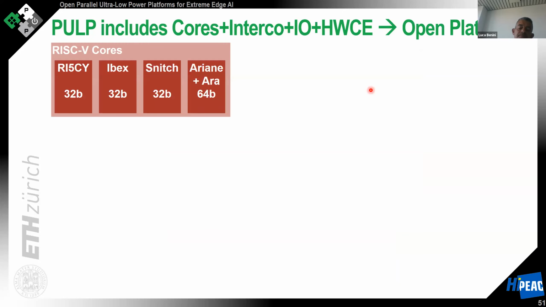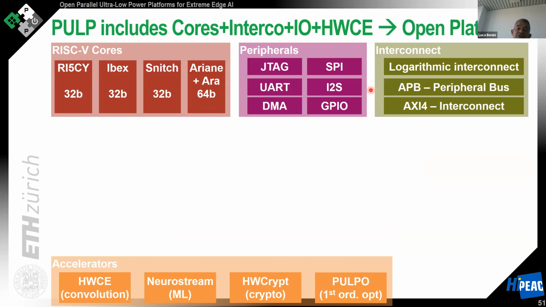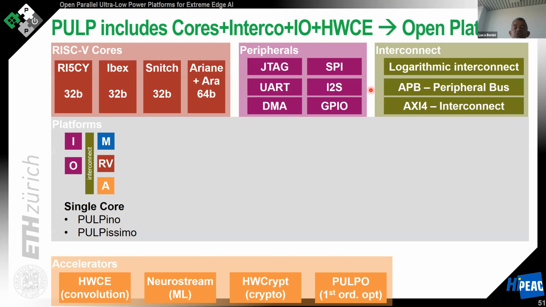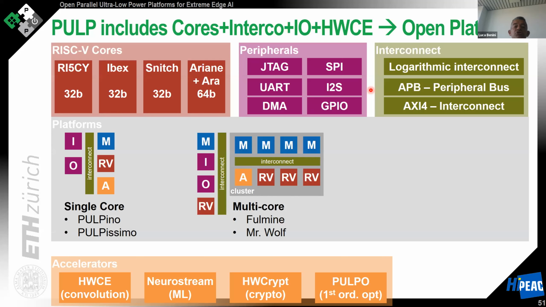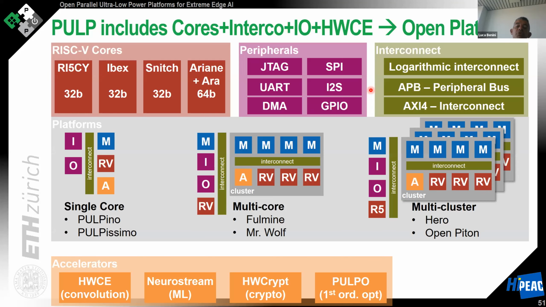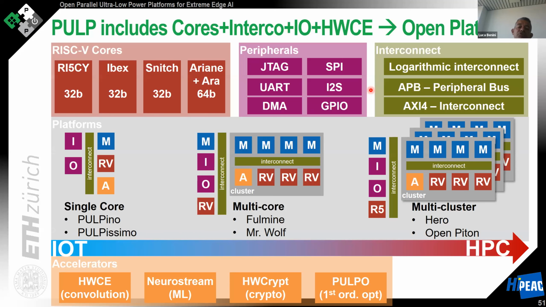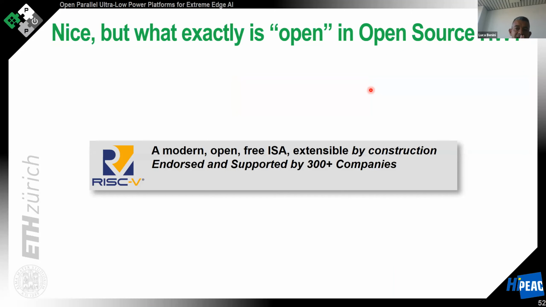So to summarize, as you have seen, developing a fully functional open source hardware platform is not only making RISC-V cores. You have to make sure that these RISC-V cores have peripherals, interconnects, and accelerator plugs, so that they can be assembled into useful systems on chip, like a single core system on chip, multi-core heterogeneous system on chip, or many core system on chip, covering the spectrum between the ultra low power IoT and the high performance computing, very high energy efficient. So my last reflection is,